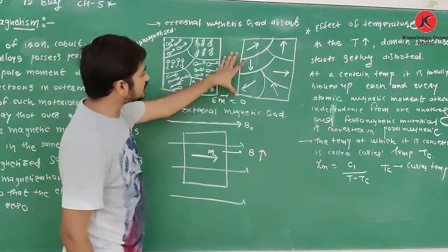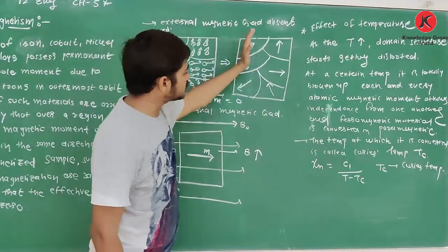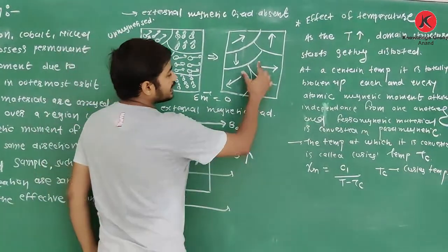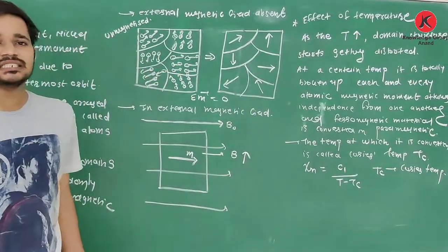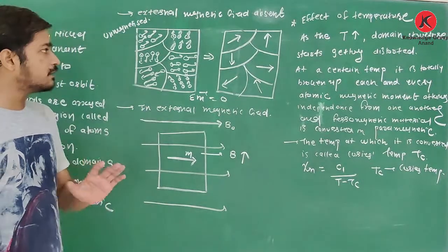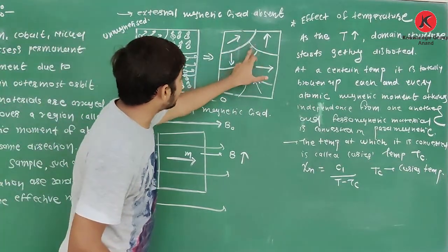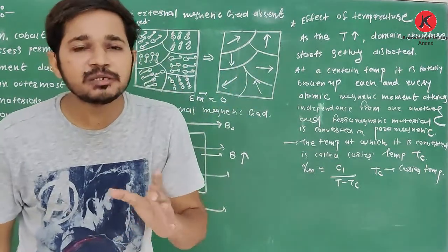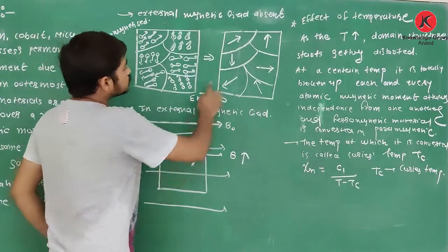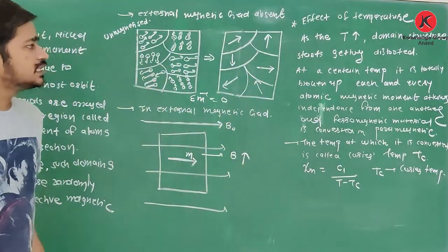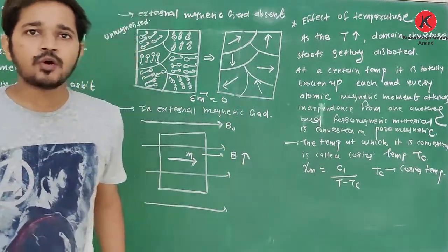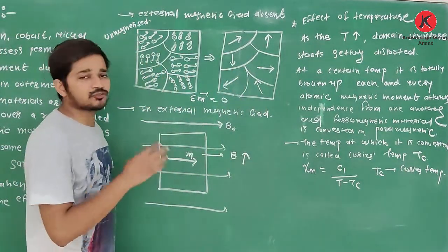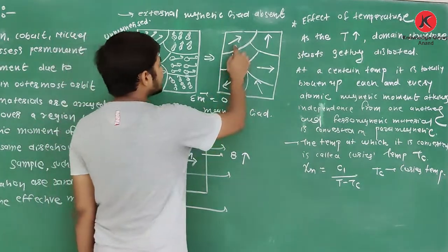See how? It is ferromagnetic material, in domain structure. If I increase the temperature of this substance, then what happens? Each and every domain starts getting distorted. It means this domain boundary is broken up, and due to the breaking of this boundary, each and